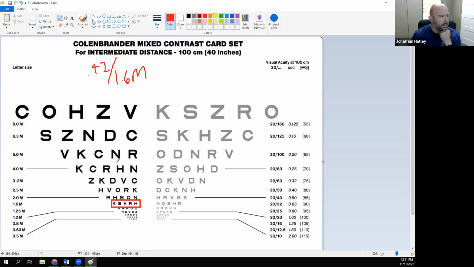One of the things that you can do with this test is, if the clinician wants to count letters just like with the ETDRS chart, that's perfectly fine. And so along that same line, we can do an acuity similar to what we did before, where, for instance, if the patient was able to read down to this line here,